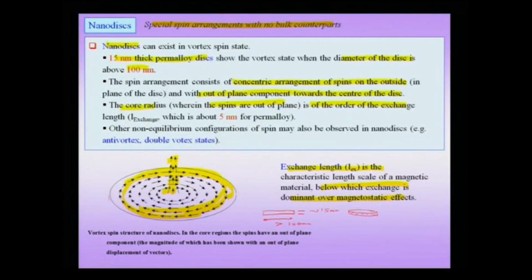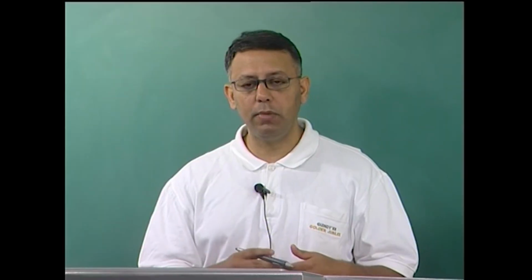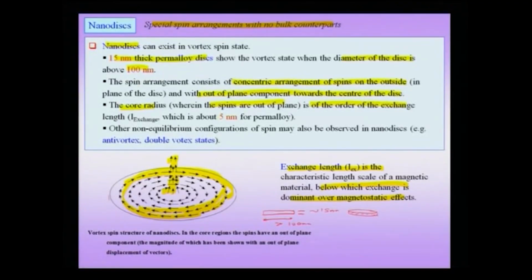In the center, it is like a transition, like a 3D system. That means there is a transition between a 2D to a 3D ferromagnet right in a single disc. So, this is a very interesting kind of arrangement, and we are talking about a large disc because the exchange length is of the order of 5 nanometers. Therefore, we need a disc which is large enough in diameter to actually see these transitions. So, this is a very interesting kind of arrangement in nano discs.